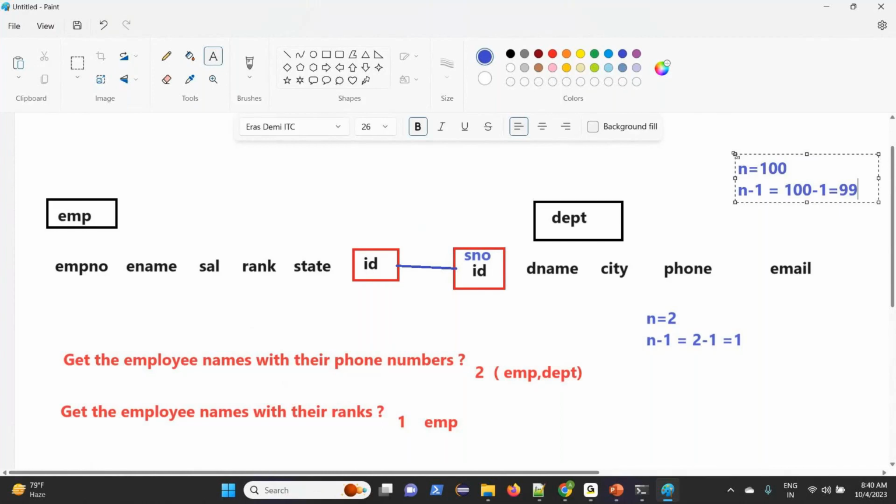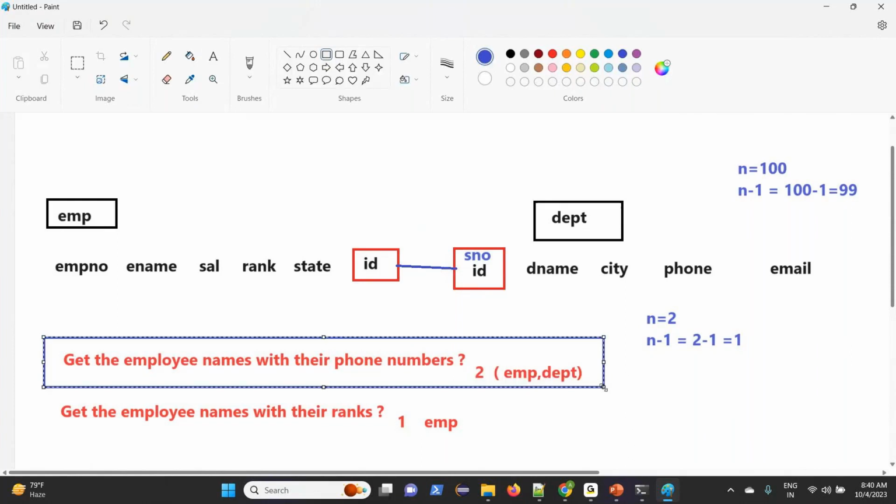That is the common criteria here. Now in this example, how many joins do we use? Only one. Absolutely correct. Only one join, because n is equal to 2.